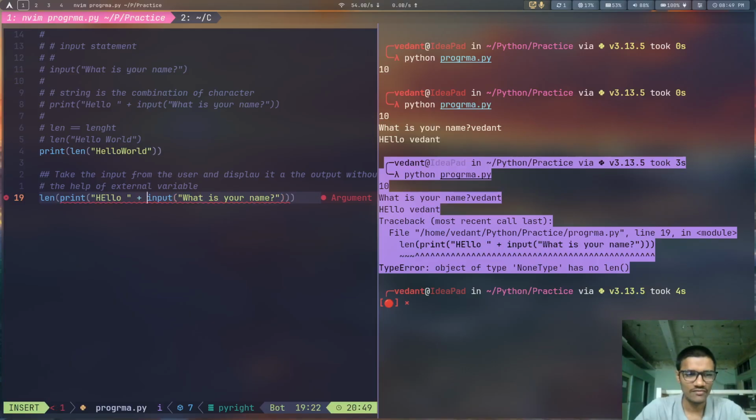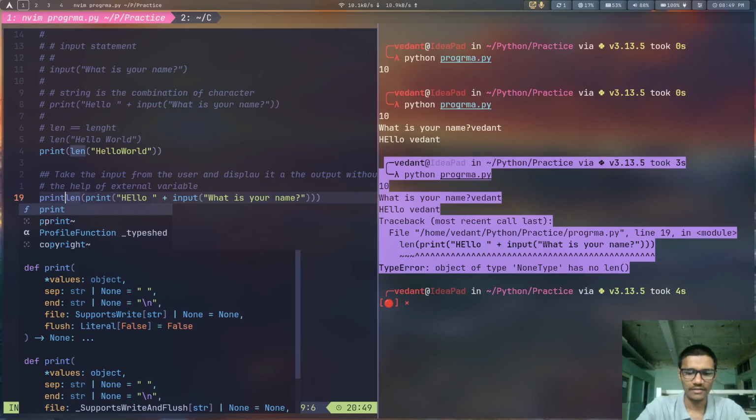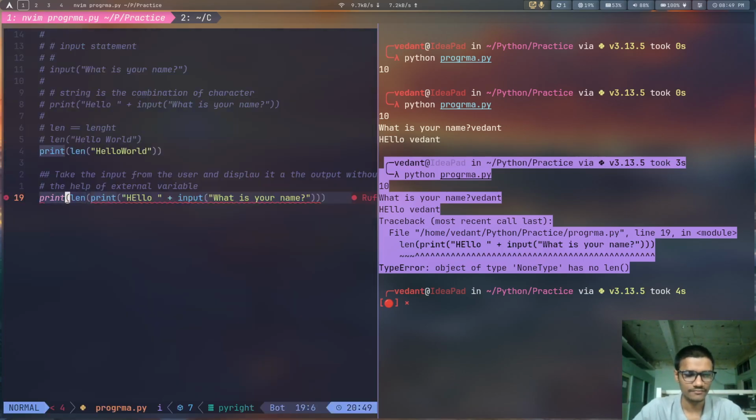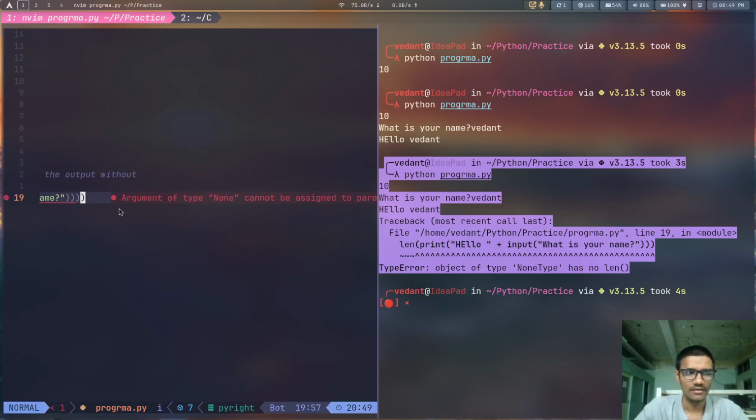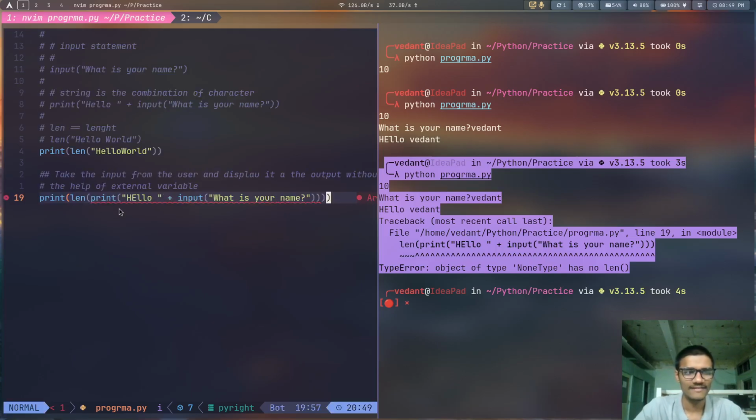So the thing we can do is initiate the print function here, and end the line. What does it say now? The same error. I think this could have solved the error.